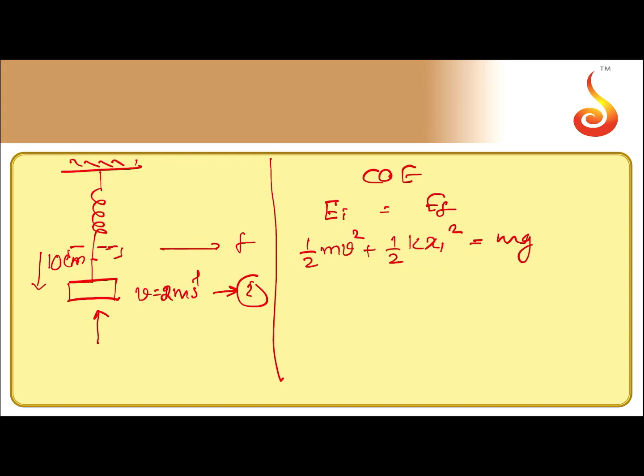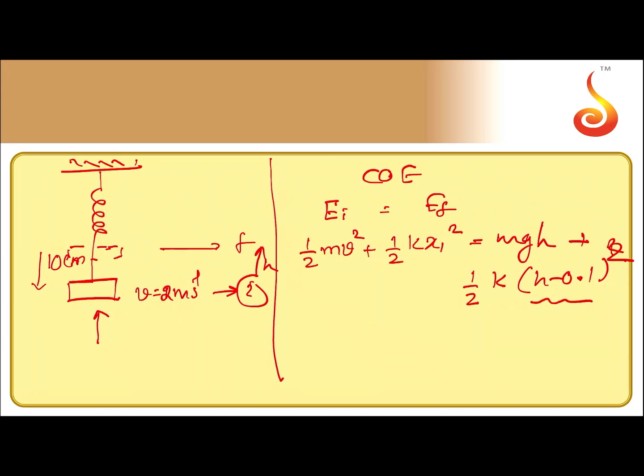So this is nothing but mg into h, the distance by which it moves up, plus spring potential energy half k (h minus 0.1) whole square,